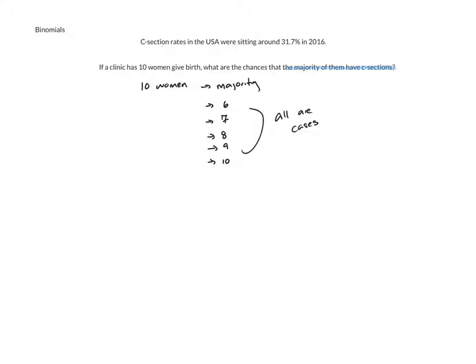So what we'll do is we'll go ahead and we'll calculate the probability that 6 of them have C-sections. We'll calculate the probability that 7 of them do. We'll calculate the probability that 8 of them do. We'll calculate the probability that 9 of them do. And then we'll calculate the probability that 10 of them do. And then once we get all these, since we want the majority, we'll go ahead and we'll add each of these up. Either 6 of them, or 7, or 8, or 9, or 10. So, in this example, we're going to do one of them, and then if you'd like to, you can calculate the rest of them, and then I'll go ahead and add them up and give us the total. So, to begin, we'll look at the probability that we have exactly 6